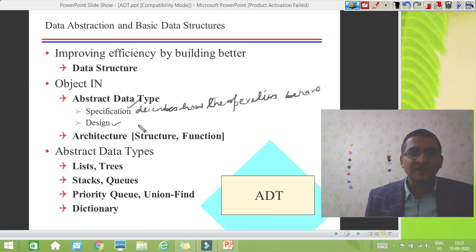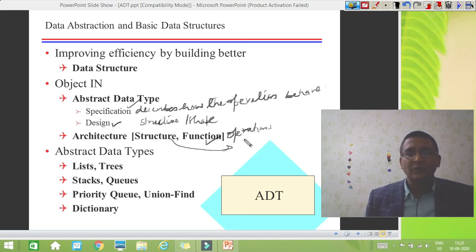Design part basically deals with the structure. You can say the shape, meaning how all the operations which are defined inside the entity and other constant variables which are actually required to make that entity workable or provide its meaning, how we are going to give a shape to all these things, how we can bind all the things, that comes under the design. So when we talk about the architecture, we actually have two things. One is the operation functions, which are basically the operations defined inside the ADT, and the structure, that is how we are going to bind all the operations together